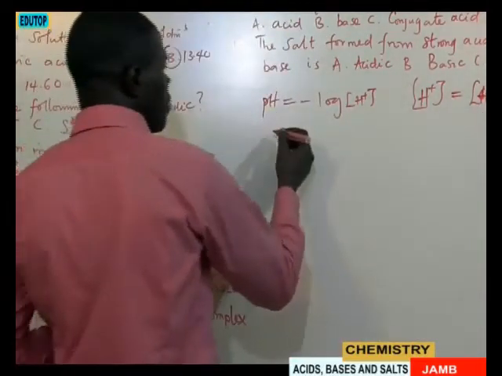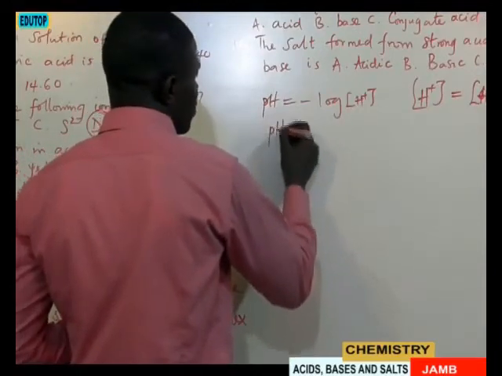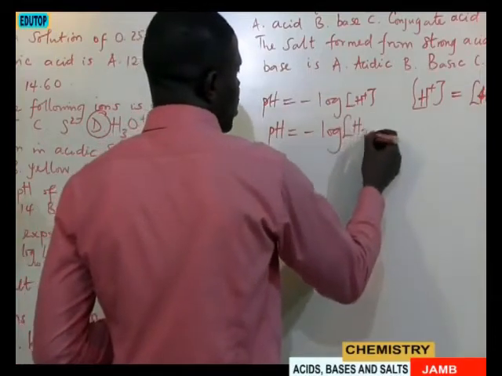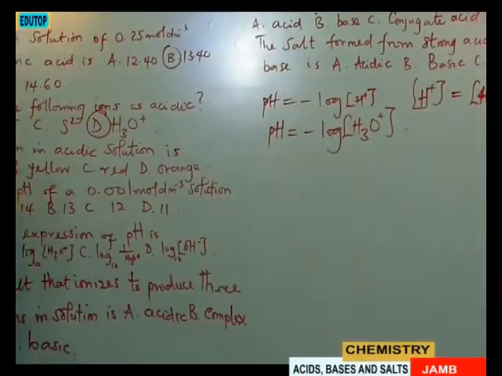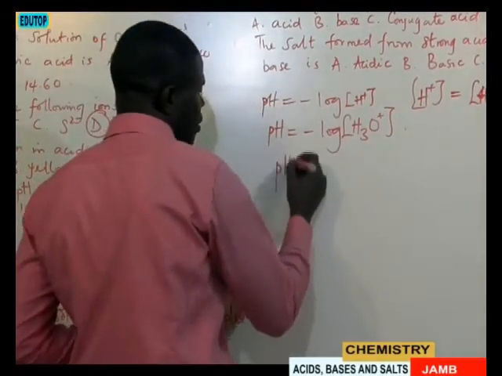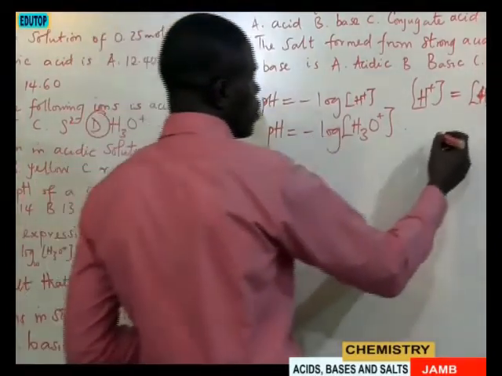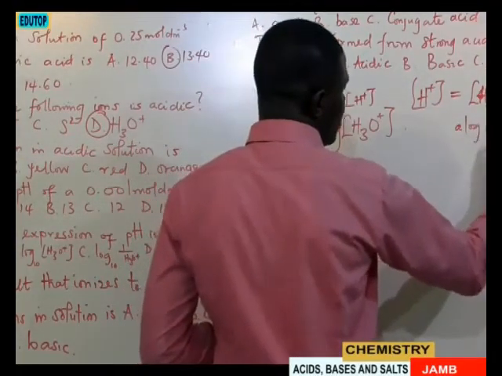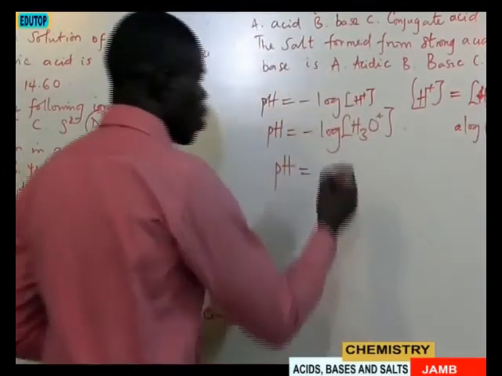So what it simply means is that we can write pH equal to minus log of H3O plus. This is just simple mathematics. The rule here is that when you have log p, it is the same thing as log p raised to the power what? A. So also I will